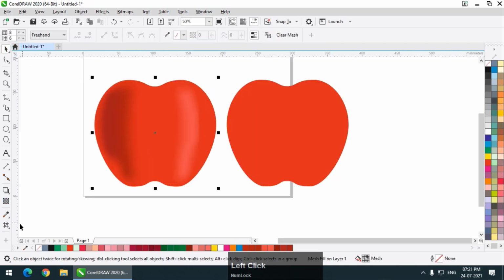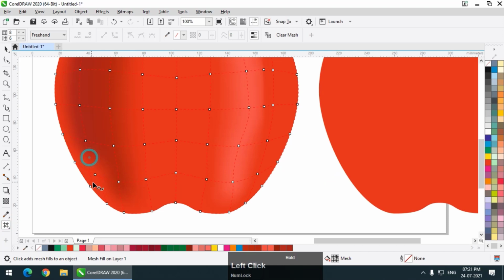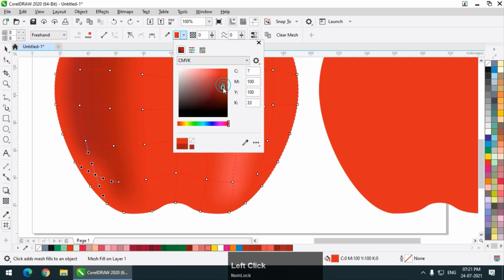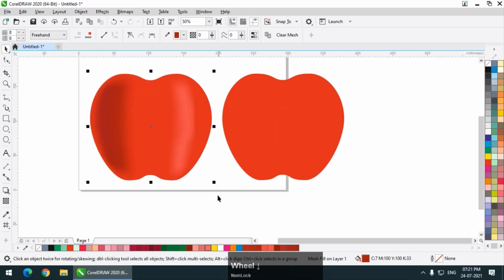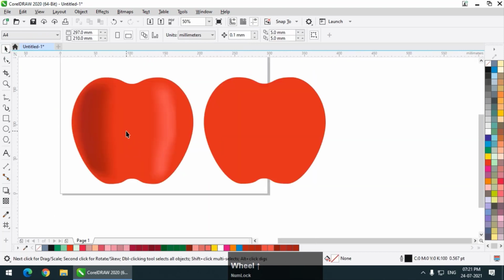Maybe I will add to this point as well. I'm going to select this and I'm going to make it darker, and you can simply see in real time how it is looking, and you can change accordingly.